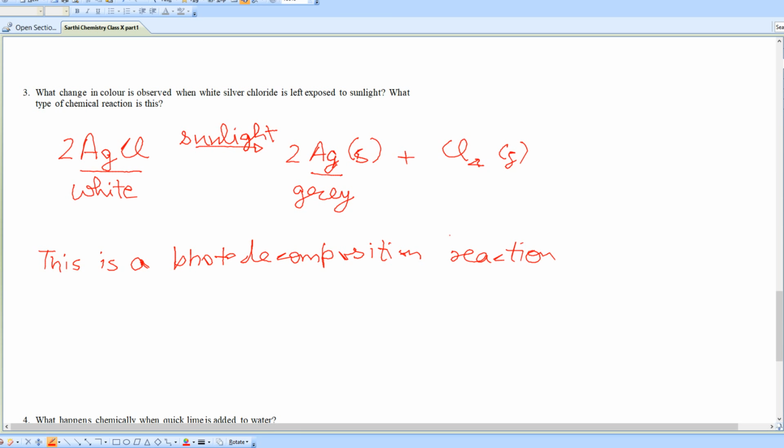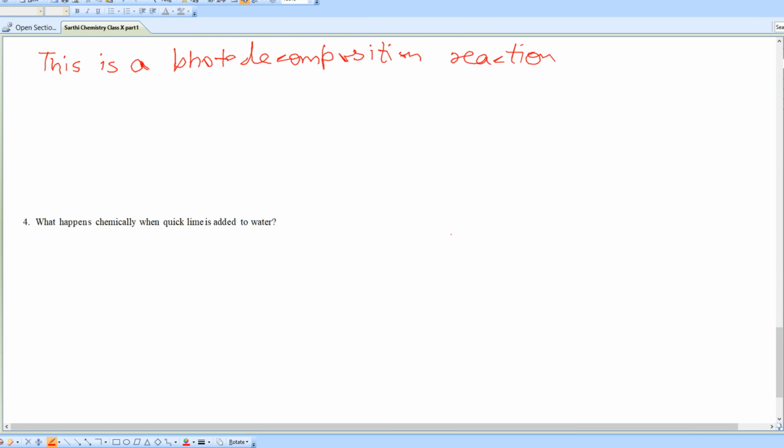So this is a decomposition reaction which is taking place in sunlight, and that reaction is known as a photodecomposition reaction. Now move on to the next question. What happens chemically when quicklime is added to water? Now what is quicklime? Quicklime is calcium oxide. So when calcium oxide, which is solid in state, reacts with water,